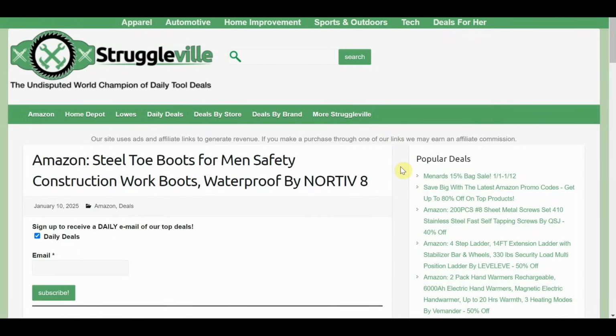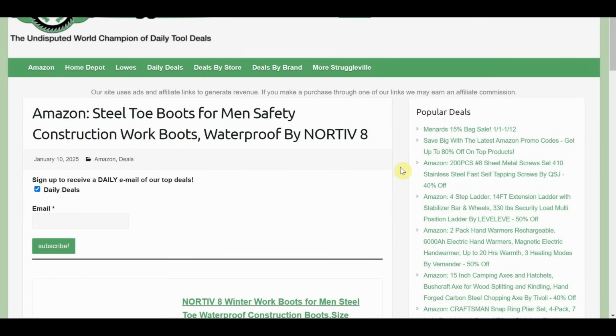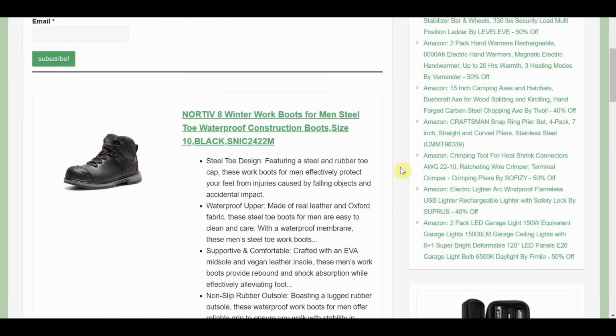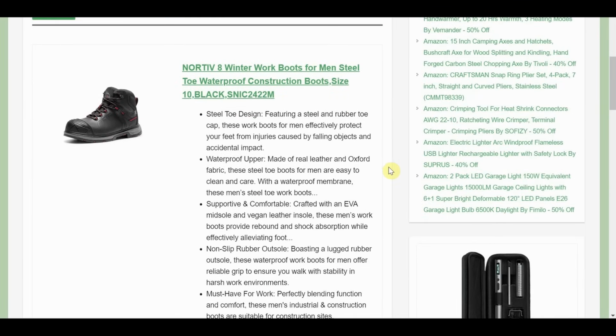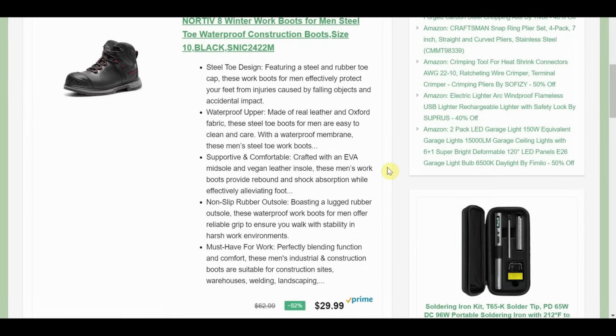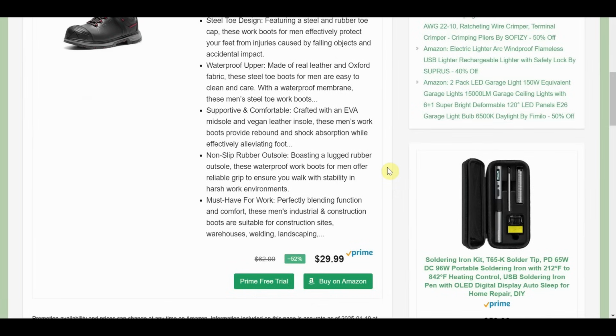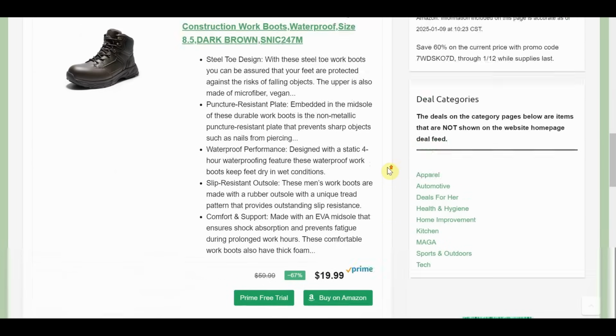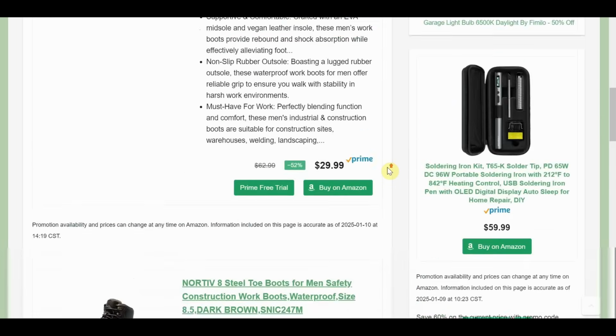Steel toe boots, men's safety construction work boots, waterproof by Nordiv 8. You may have seen the video earlier today. Now, they gave me both of these boots, and I was pretty happy with them. I really liked it. I tried on these black ones, as you saw in the video. So they're $29.99, and then the brown ones are only $19.99. Now, these are both steel toe work boots here,